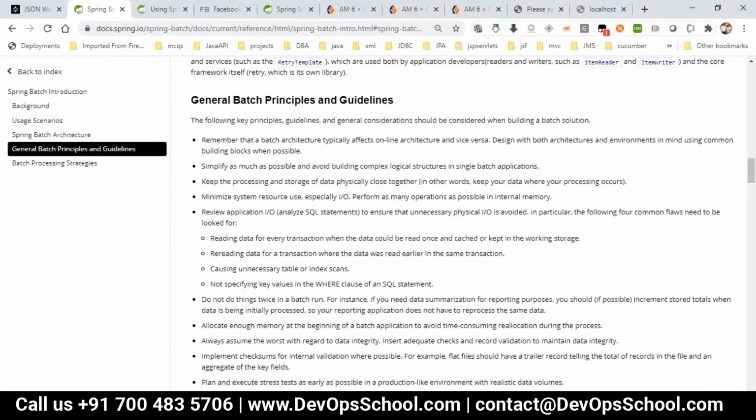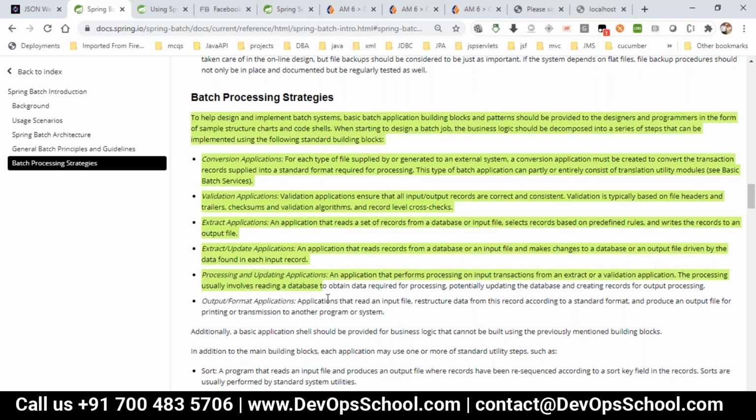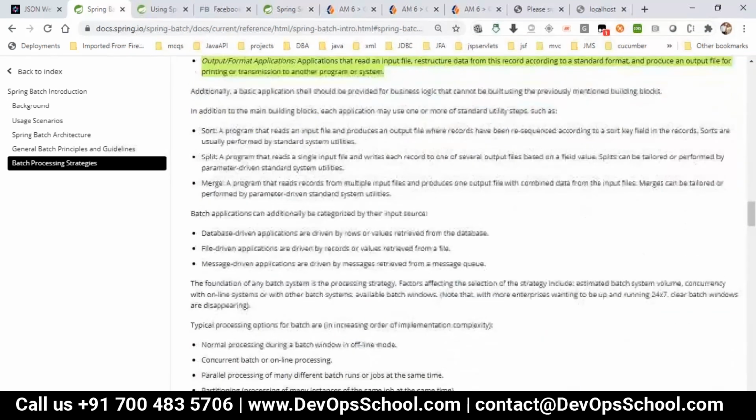These are general principles and batch processing strategies: conversion applications, validation applications, extract or update applications, processing and updating applications, and output and format applications. For all these types of strategies, we go with batch processing here.